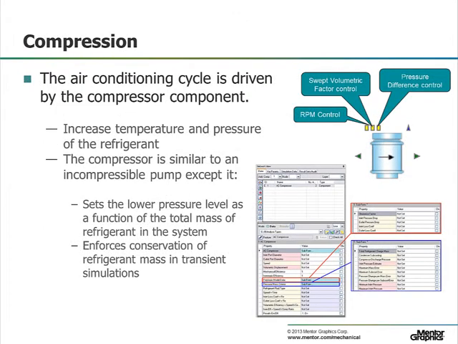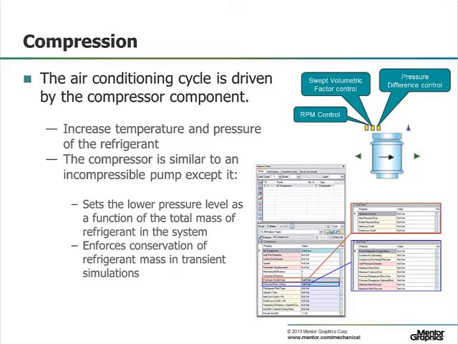The air conditioning cycle starts at the compressor. The compressor compresses the refrigerant gas, increasing the refrigerant's pressure and temperature. This component acts like a pump in that it has an intake side and a discharge side. The intake draws in the refrigerant gas from the evaporator, compresses it, and passes it via the discharge side to